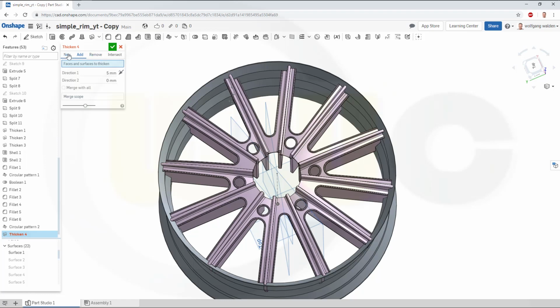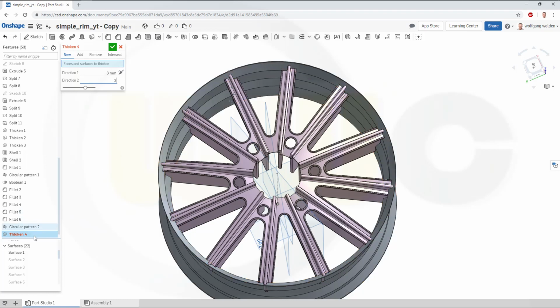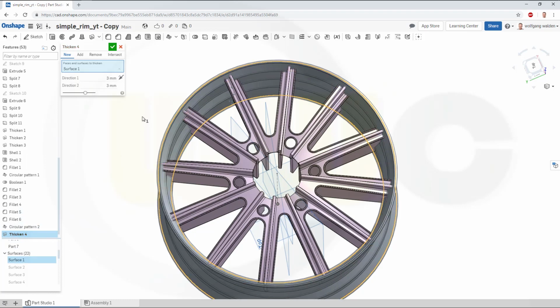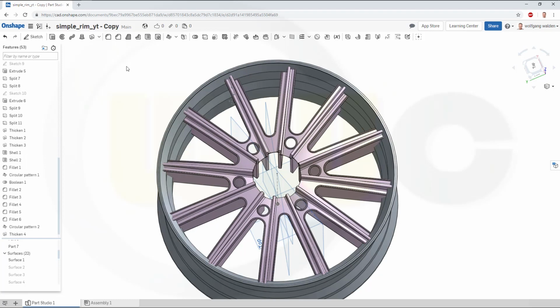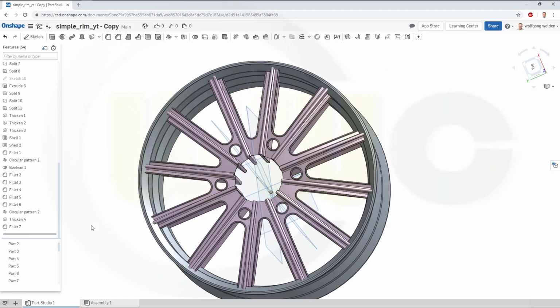No, I don't add it because I need to make some fillets, so make it, let's say, 3 and 3 with that surface right here, this one. Confirm. So let's hide that surface,